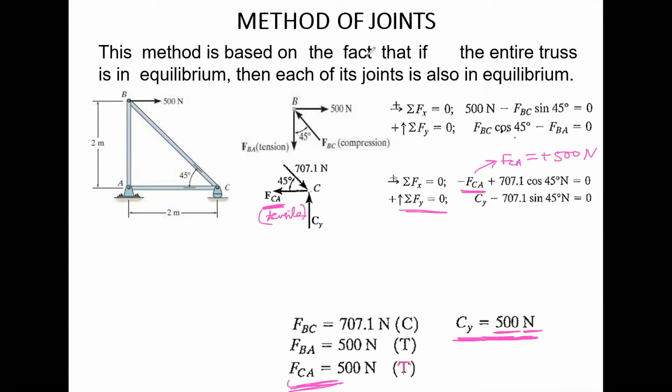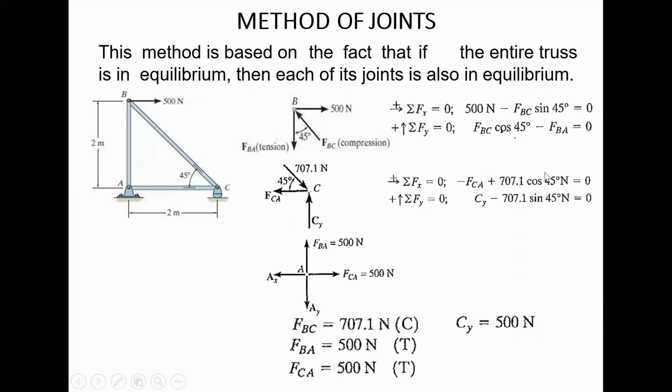Enough. Now let's draw the FBD of joint A, and this FBD of joint A will look like this. Here it is a pin joint or hinge joint, so this joint A will be experiencing two reactions. One, suppose we are applying AX, that is one horizontal reaction. Suppose we are taking its direction as leftward, and there will be a reaction AY, and suppose we are taking its direction vertically downward. Okay, AY vertically downward. So it is your choice.